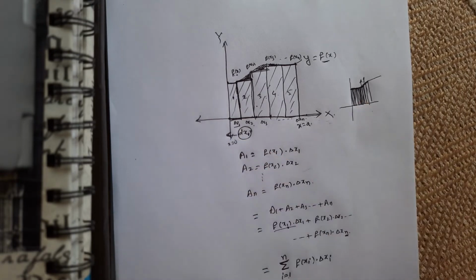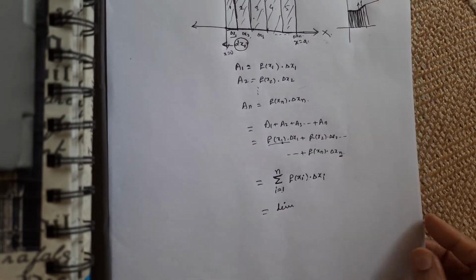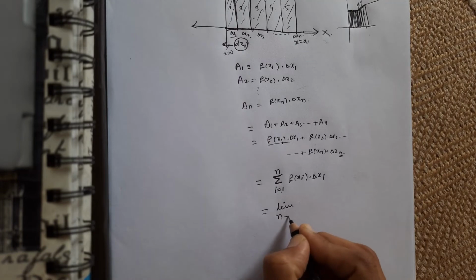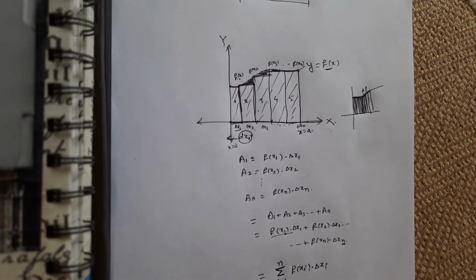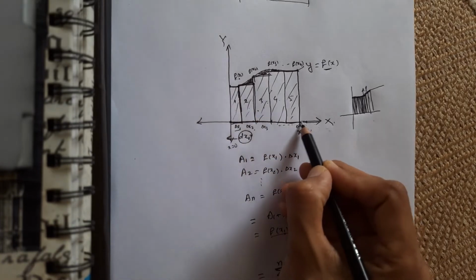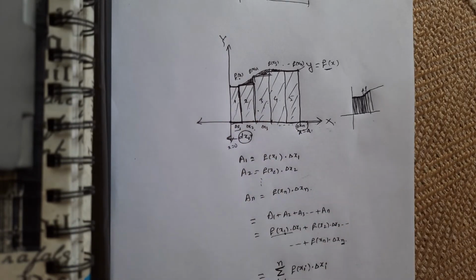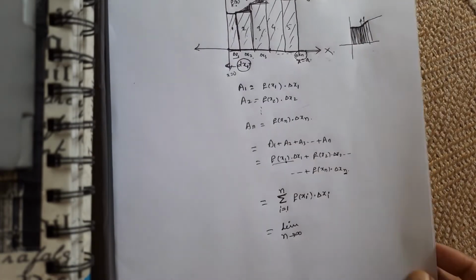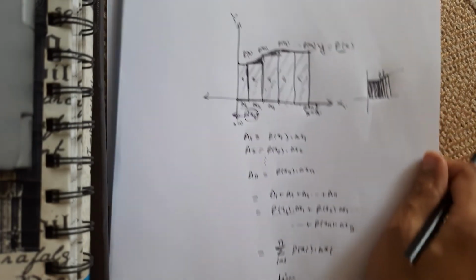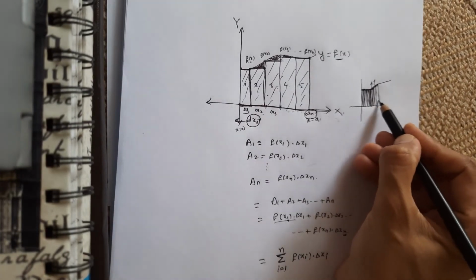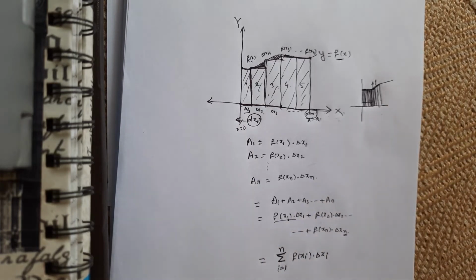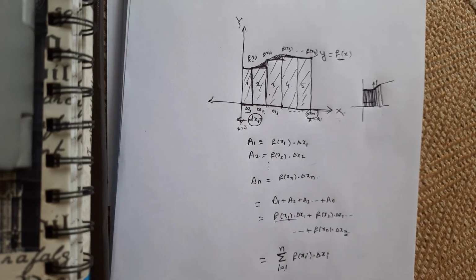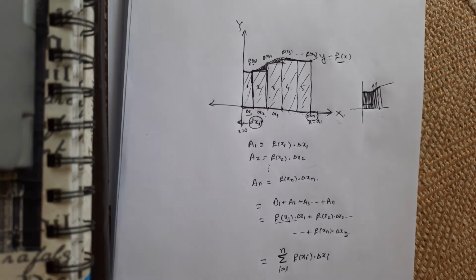dx1 means an infinitely small part. So I am taking n tends to infinity. Why am I taking n tends to infinity? Because I am dividing this not up to n, but up to an infinite number of rectangles, very small and infinite. I can't count them; I am dividing this area into such small rectangles that I am not even able to count them. So that's why I write here n tends to infinity.